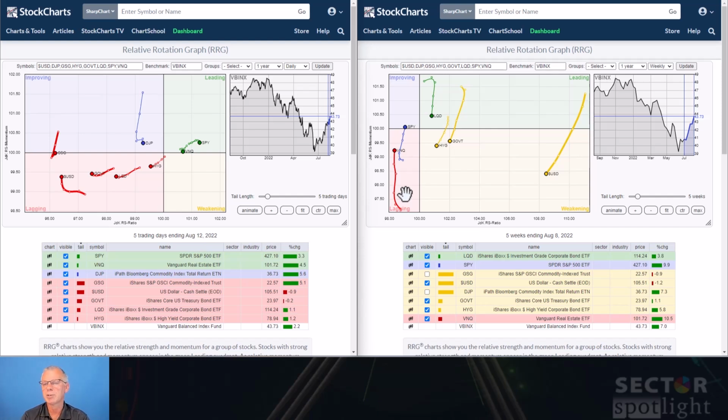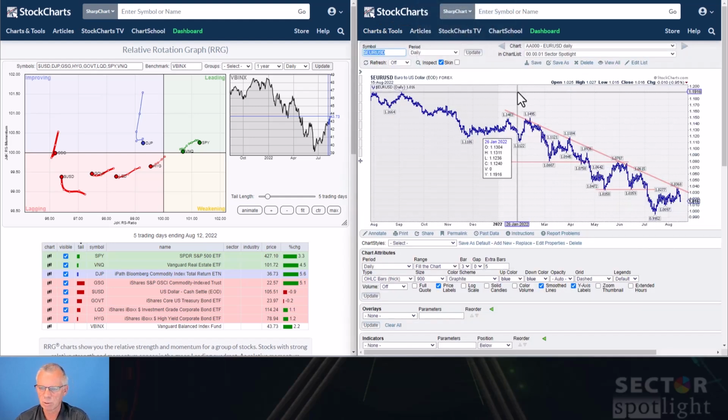And when the picture is not very clear, it's clouded. It means there's something going on under the hood, which I haven't yet figured out. Maybe there are other people who have, but I don't trust this rally in SPY as of yet. And let me bring that back on the screen. No, first I go watch euro dollar, because we've seen that